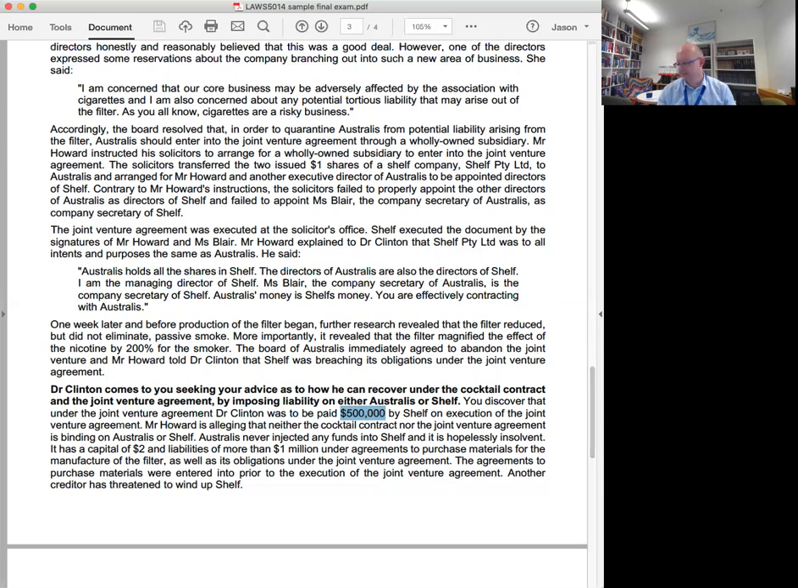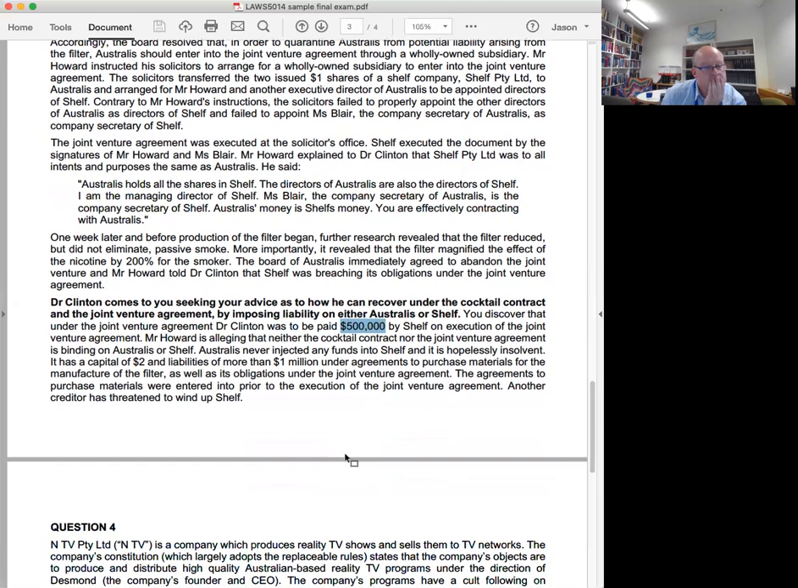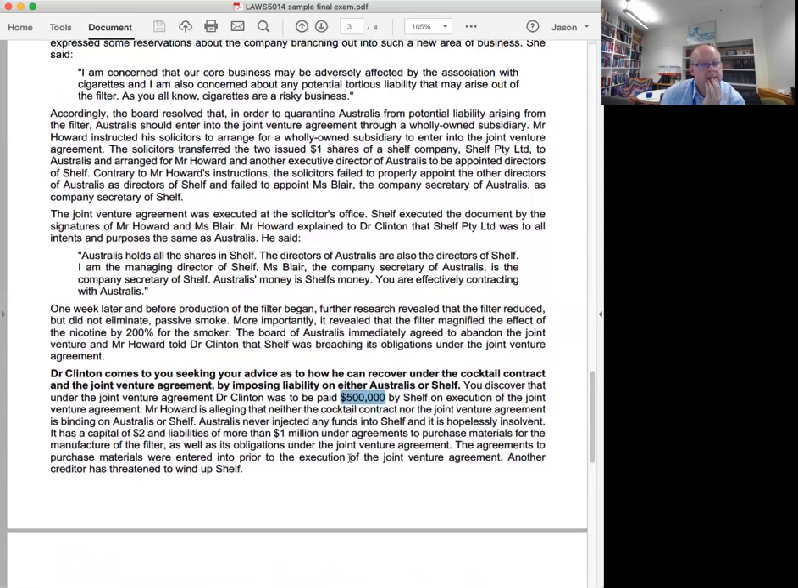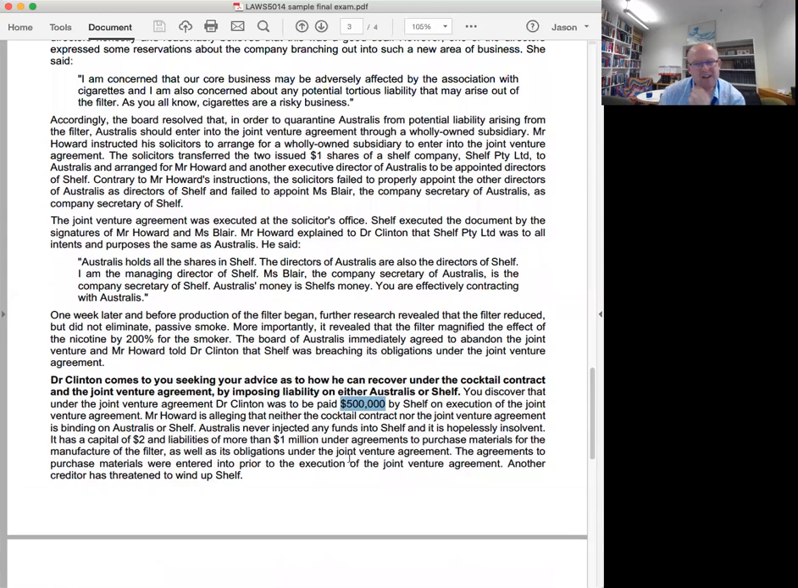Okay, here's another question from Matthew. Australis never injected any funds into Shelf. Does that not mean that Shelf was never supported by Australis and therefore was trading while insolvent? Yeah, it's a good point, Matthew. Well, you could argue that. It's not an open and shut case though, because